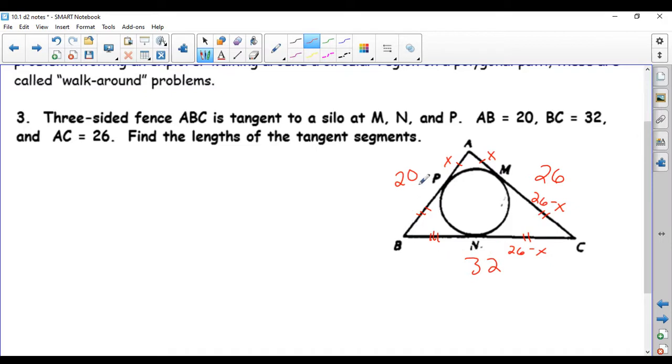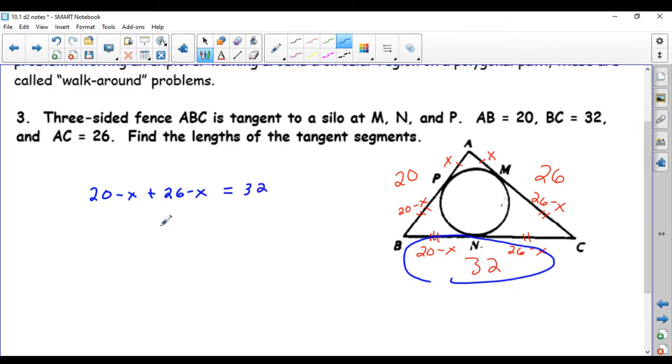You can keep walking around in this direction, or what might be easier right now is go back up to X and walk around in the other direction. A to P is X, so P to B is the 20, take away X. And B to N is congruent to B to P. This is also 20 minus X. And what we should end up with is a side where we can write an equation. On this side, we have 20 minus X and 26 minus X, which has to add up to our total length of 32. So I'm going to combine some like terms: 20 plus 26, negative X and negative X,